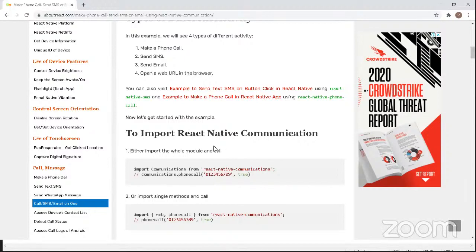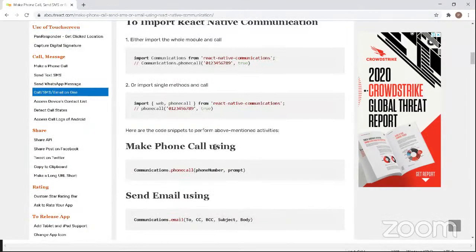So if I look here, and if you look at make phone call, if you look at the send email,